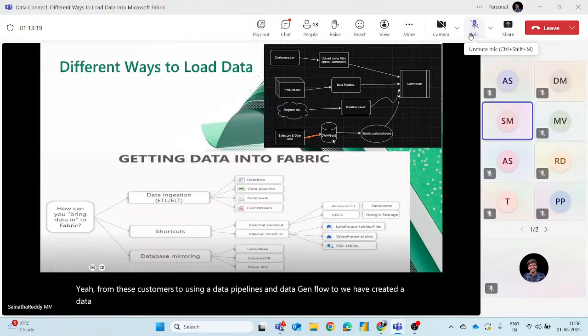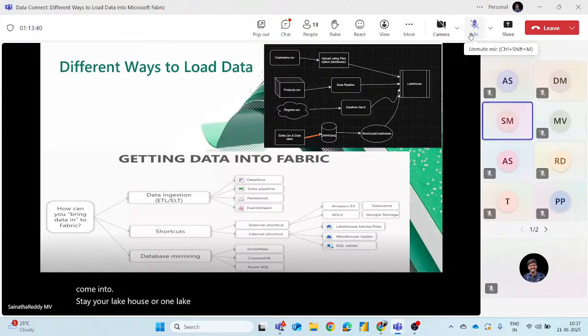From the data warehouse we used shortcuts, and one more feature, database mirroring, is also there. This is also wonderful. If you have a database in MySQL, Cosmos DB or Snowflake, you can just mirror that data, so the entire database will stay in your lakehouse or OneLake.